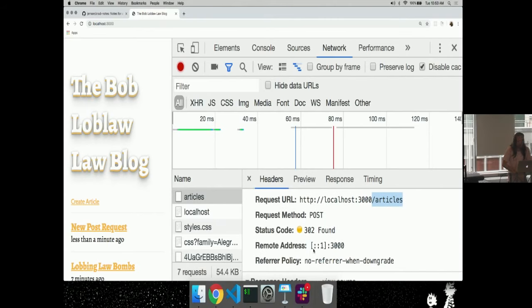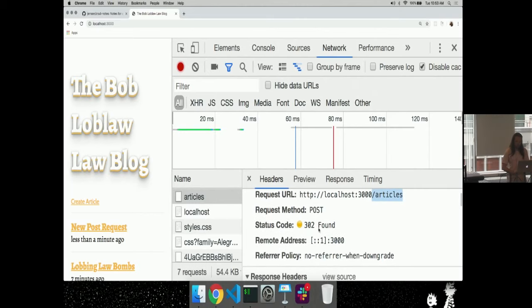So 302 found, yeah. For that, since you're dealing with a post, I'm just trying to think about the chart we had earlier. That would be not safe. So creating a new post, definitely not safe. Yeah, if you were to refresh. Exactly. And it could create the same thing again, right? That's if it did the operation and then sent back, then rendered after. If it didn't do the operation but it still rendered, then maybe it's not going to behave like that. But that starts to get scary because we don't know what it's going to do. So what we do instead is we just redirect to another page.